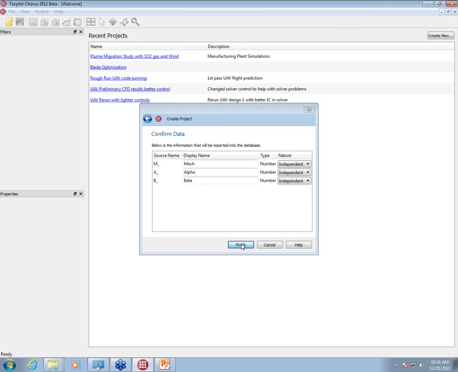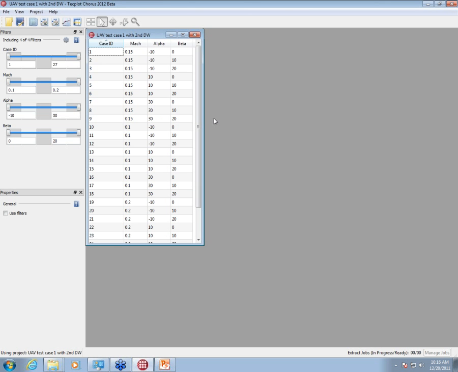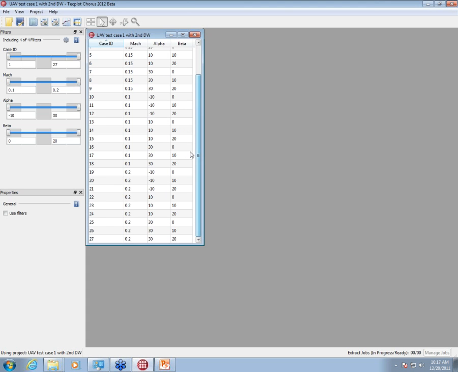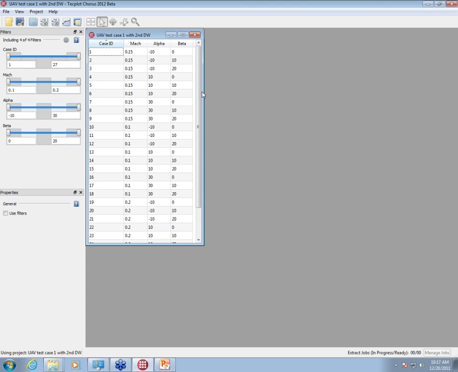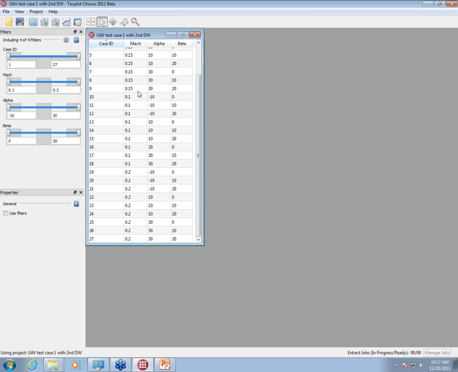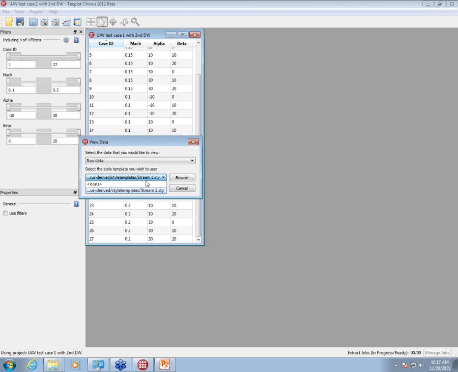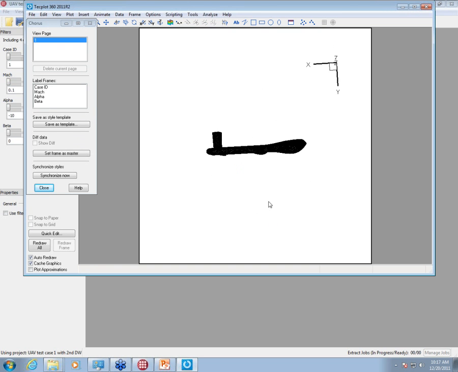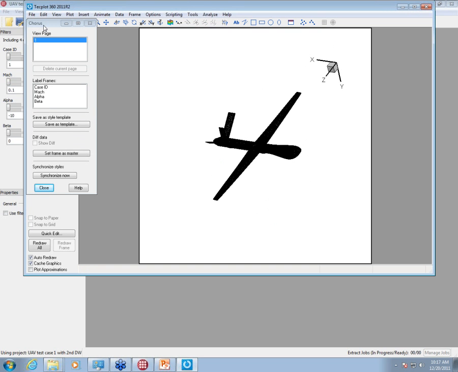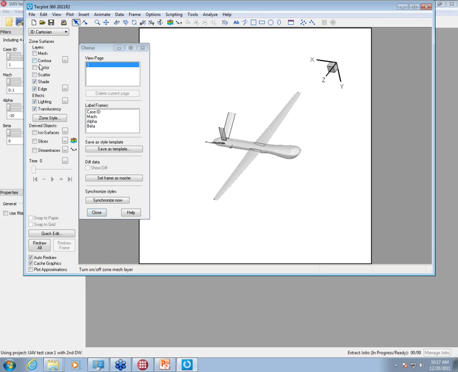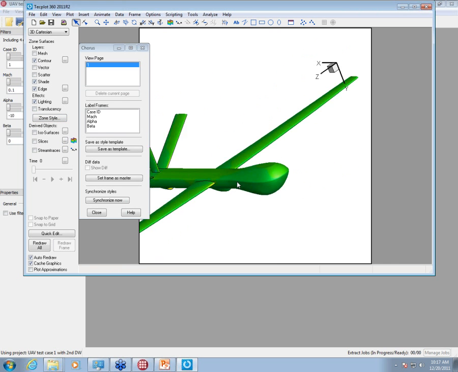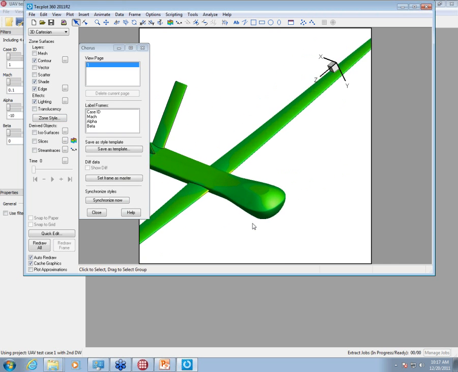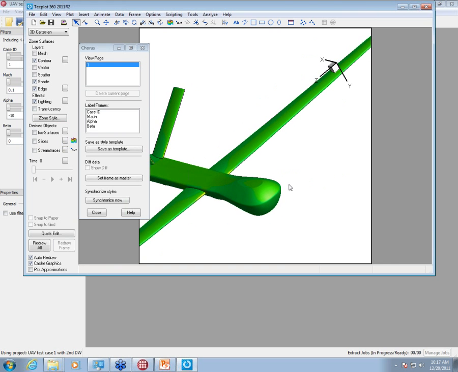When we hit finish, what we've done is actually created a project. It just takes a minute or two. Instead of a directory full of file names, we actually have a series of entries in our database. If we go to just one of them, starting with a simple example, we're looking at that same model, but it's tied now to my database. So if I set up a simple pressure contour on the wing and find a standard view that makes sense, say edge on, leading edge,